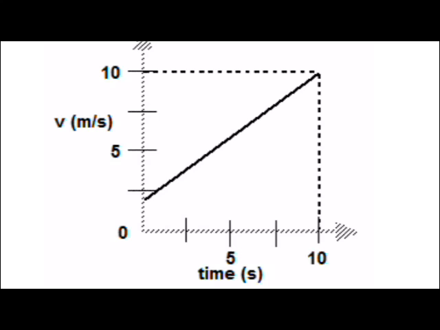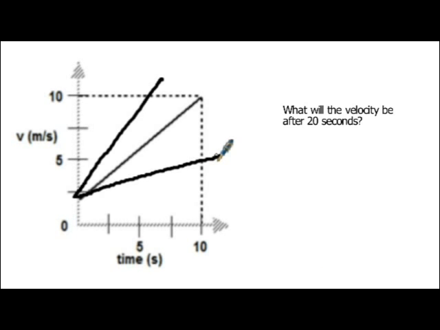All right, the next point I want to talk about is the y-intercept. You can take a look at this original object here. The y-intercept was 2. So that means the velocity is 2 meters per second when the time is 0 seconds. One question you may see is, what would the velocity be maybe after 20 seconds? There's a couple different ways you can answer this question. First way would be, take this line and try to extend this line further. You know it's going to be a straight line, and just extend your graph over and estimate where it's going